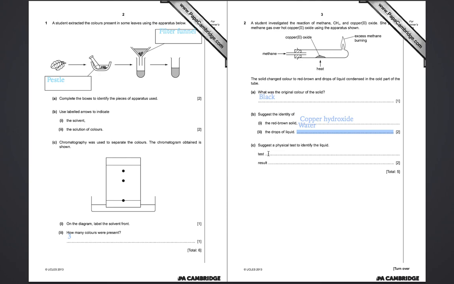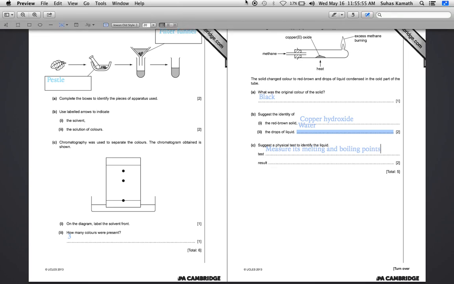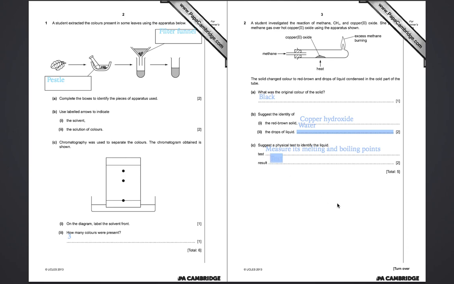Suggest a physical test. Measure its melting and boiling points. Results. It should be, it will be 100 degrees Celsius. Let's turn over the page and then